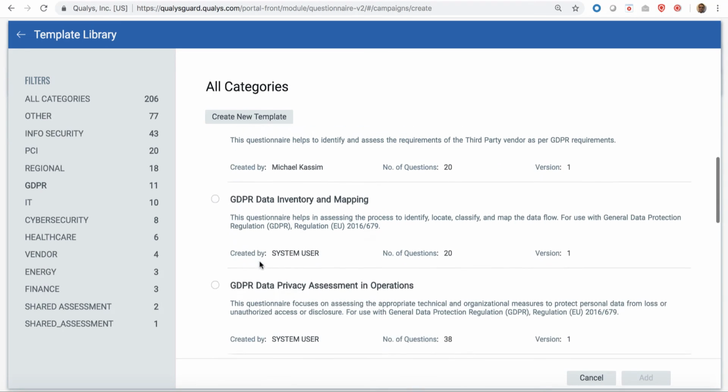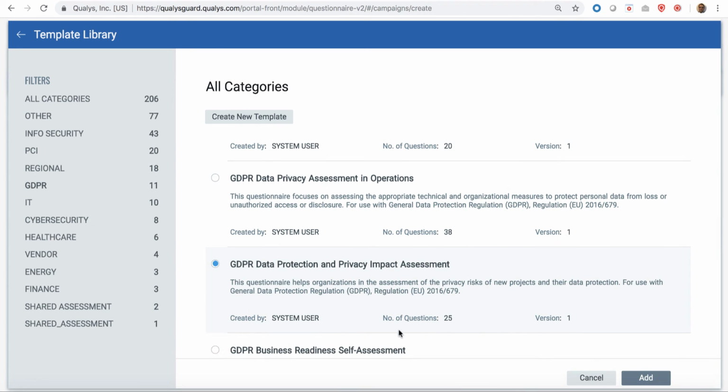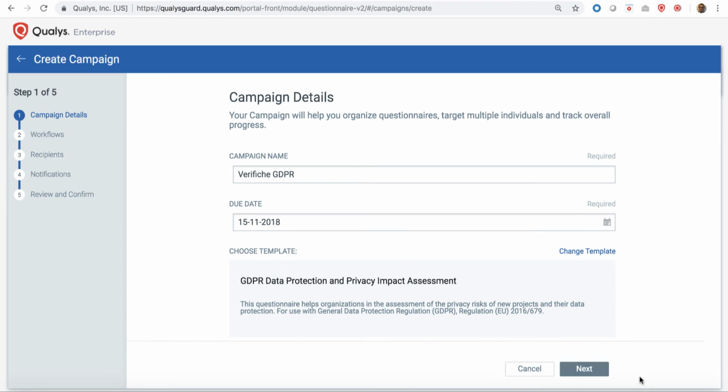Once you selected the template, you can proceed by adding recipients,